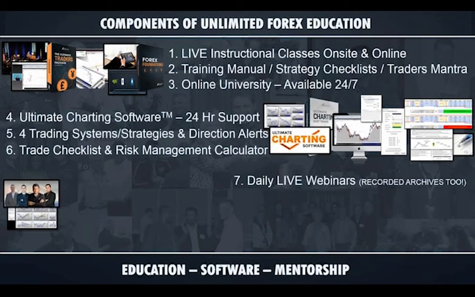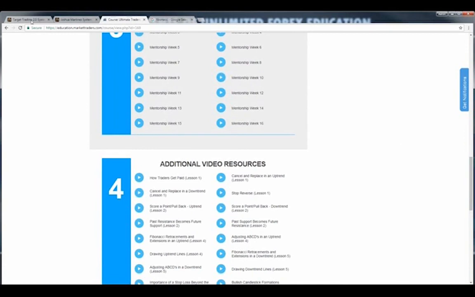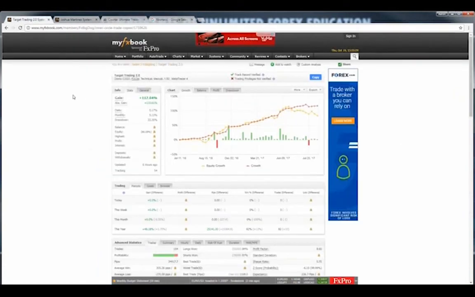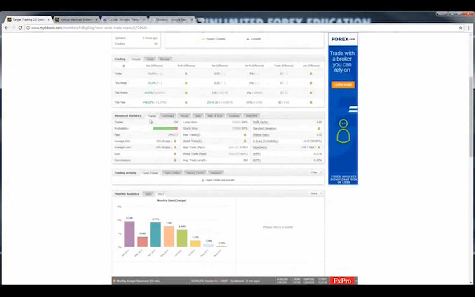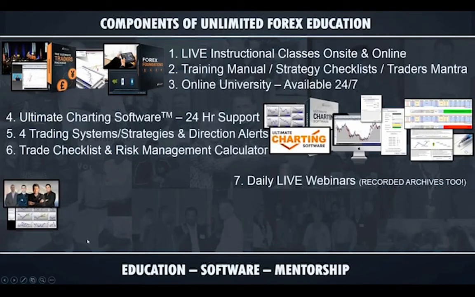To me, this component alone, number 7, is worth any investment that you can put into this program. To have the ability on a daily basis to work with people like Josh Martinez, Gary Fickhart. I didn't even show you Gary's account. Look at this. Here's Gary's account, a real money trading account. This account this year is up 25,000 pips, over 92% winning trades. This is the level of experts you get to work with on a daily basis. Some of the best traders, but also some of the best teachers in the world. You get unlimited access to those.